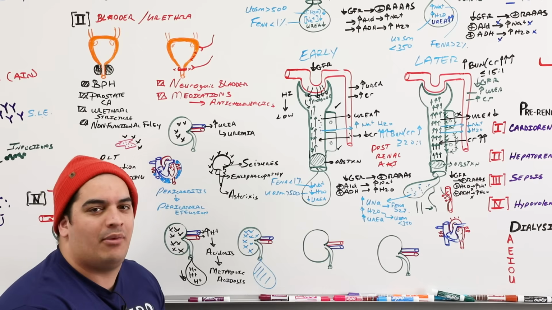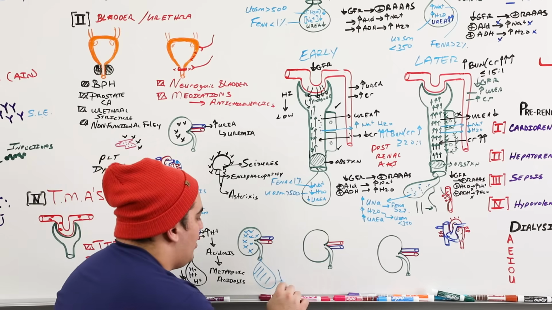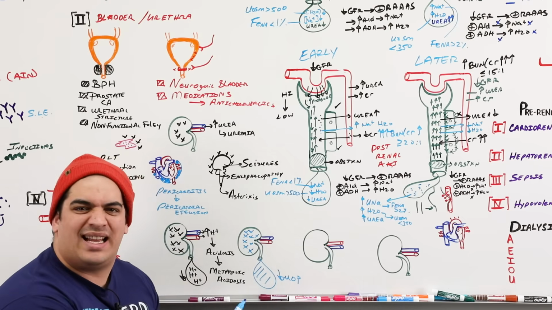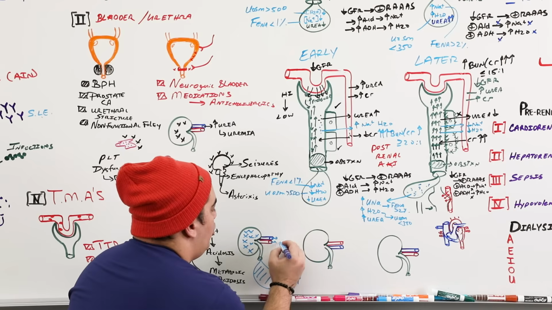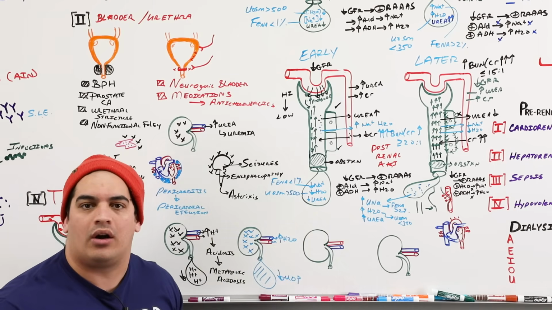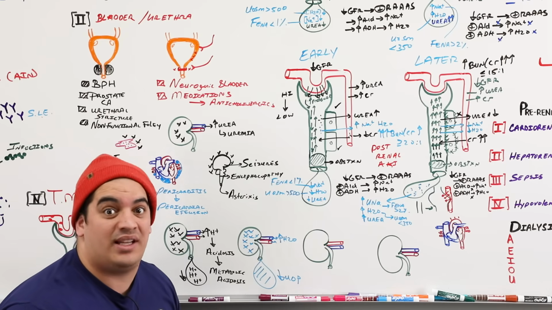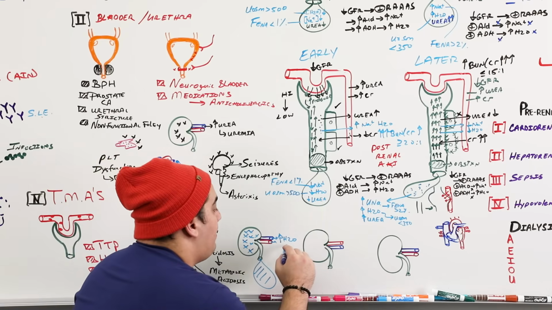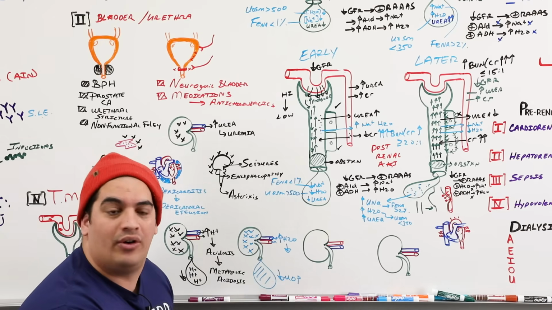What's the common theme of AKI? Decreased urine output, right? If there's a decrease in the urine output, you're not having as much fluid being released from the body. And so effectively, you may have more volume in the body. Let's just use that example of water. If you have a lot of water within the body because you're not getting rid of it because the kidneys aren't working well, what happens to the overall fluid volume in the body? You become volume overloaded.